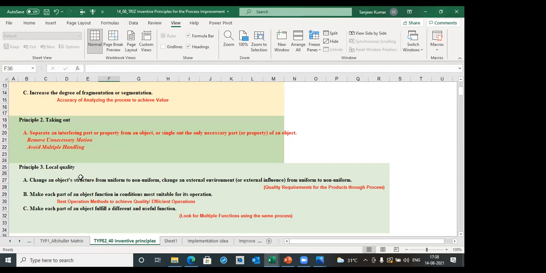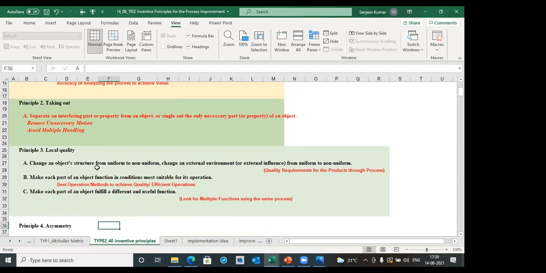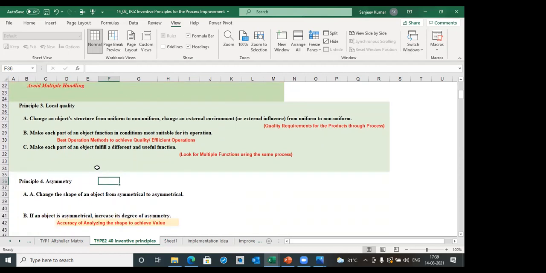Just before going to the next session, we have done the exercise for the silo tanker lifting and nitrogen consumption. We want to show you that in a FAST diagram. Similarly, we will do the exercise for that also. You can use some other techniques also apart from this, like normal brainstorming or the 40 principles. You can even try those things as well.